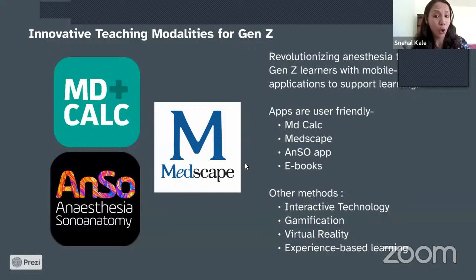So I personally do recommend a lot of these apps, and Generation Z are the ones who have been using these apps regularly, and we as educators need to learn about them. Medscape also is personally very helpful, apart from telling you about a lot of medical conditions, drugs and diseases which are a little rare. I've found a very important feature in Medscape that's really helpful, which I'd like to share. If you open your Medscape app, it has an option called drug interaction. So often we come across very old patients who have 10 or 12 drugs being given to them. On the drug interaction aspect, if you put in all of those 10 drugs, it tells you what the different drug interactions are.